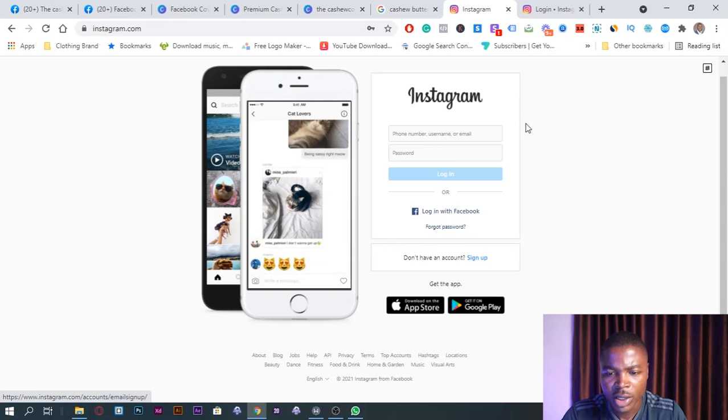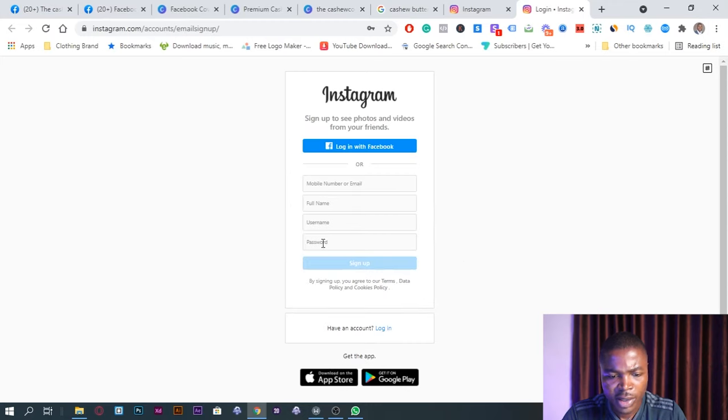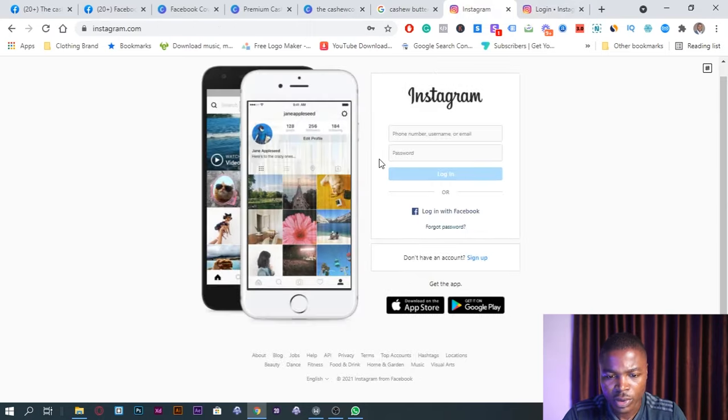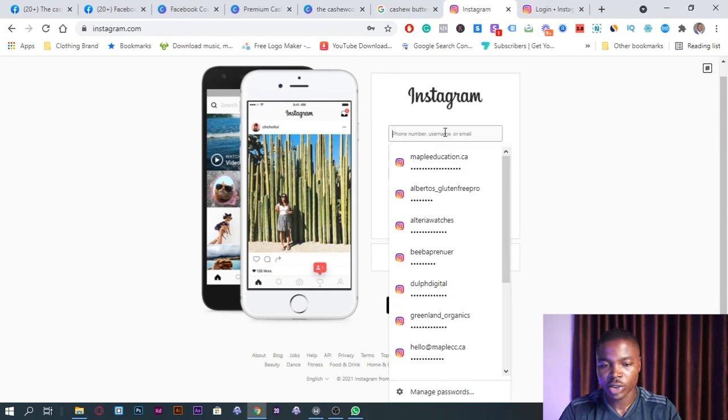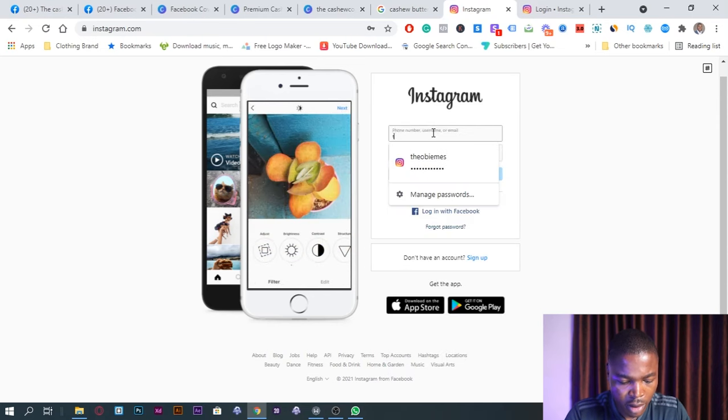Either one you use is fine. It doesn't really matter too much. So if you come here and sign up, it takes you through the whole process. Creating a new account on the platform is very, very simple. There are no complications there. All right, so I'm just going to log into a new account that I just created and show you what you need to do. Okay, so I'm going to come here, the cashew company,